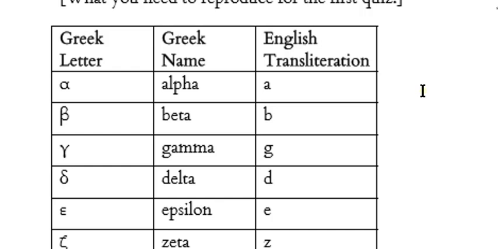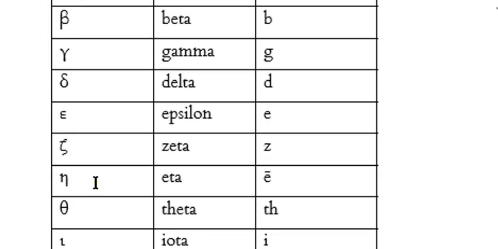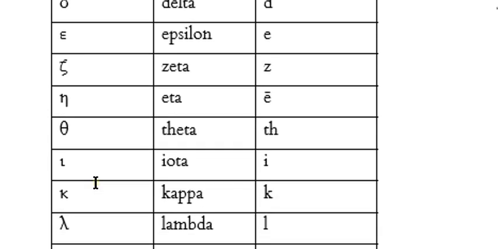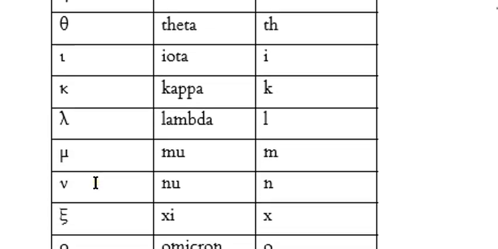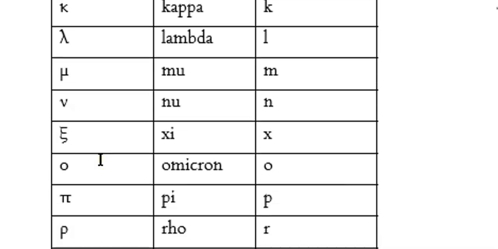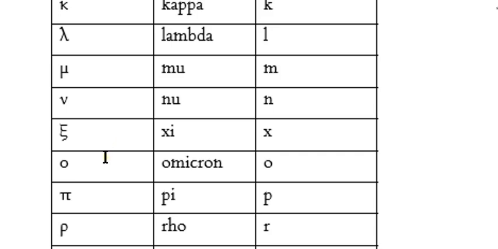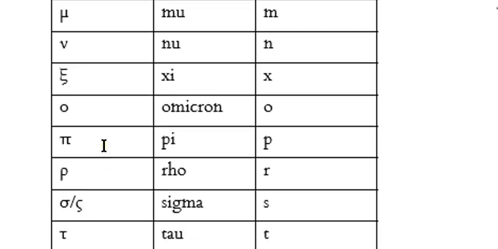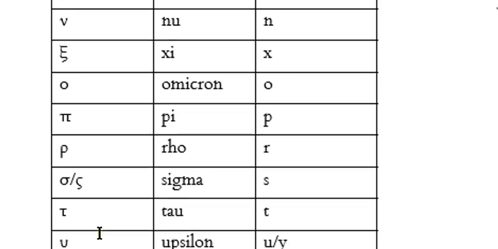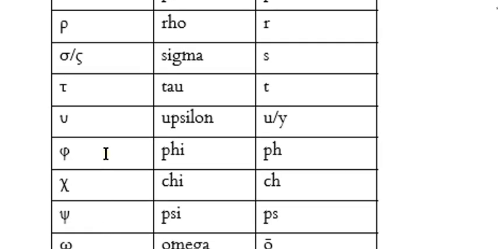Alpha, beta, gamma, delta, epsilon, zeta, eta, theta, iota, kappa, lambda, mu, nu, xi, omicron, pi, rho, sigma, tau, upsilon,